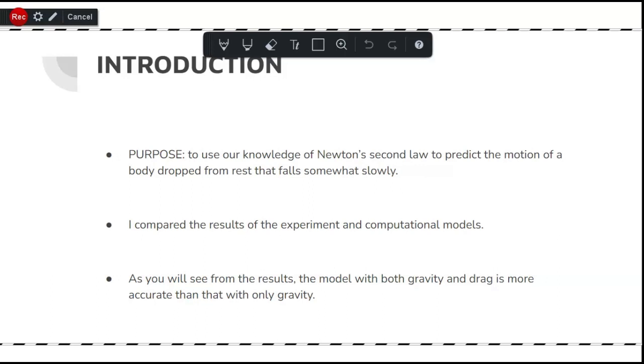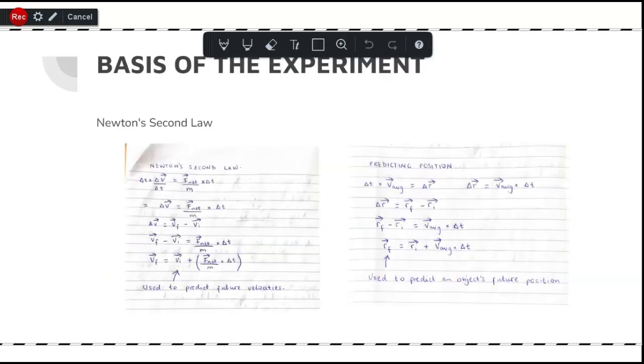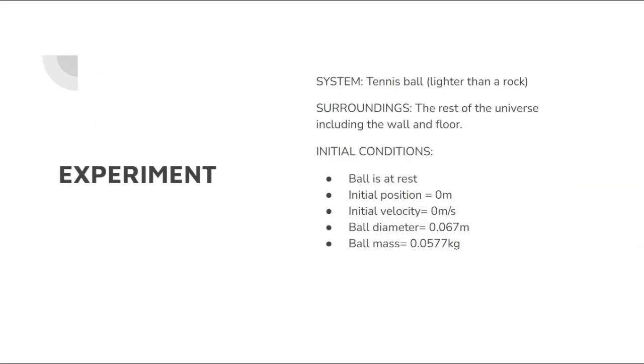As you will see from the results, the model with both gravity and drag is more accurate than that with only gravity. The formulas here are derivations of Newton's second law, the momentum principle, which were very useful in creating the computational models. This law was used because the formulas enable us to predict future movements of the body in free fall. The tennis ball is the system, while the surroundings are the rest of the universe, including the wall